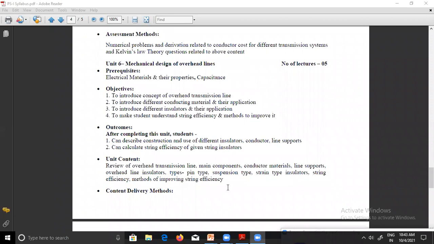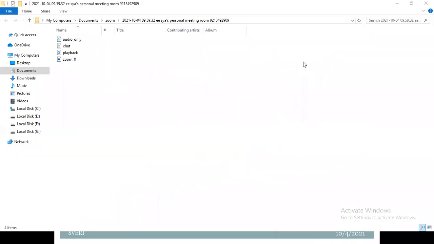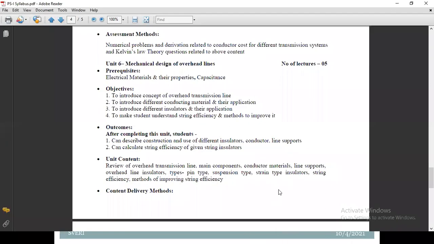So we are going to study in this chapter number 6 which type of line supports. Whenever you look outside your home and you see some supports given to the line, it may be RCC poles, somewhere wooden poles, or somewhere towers. These are nothing but the line supports that we are going to use in this power system.